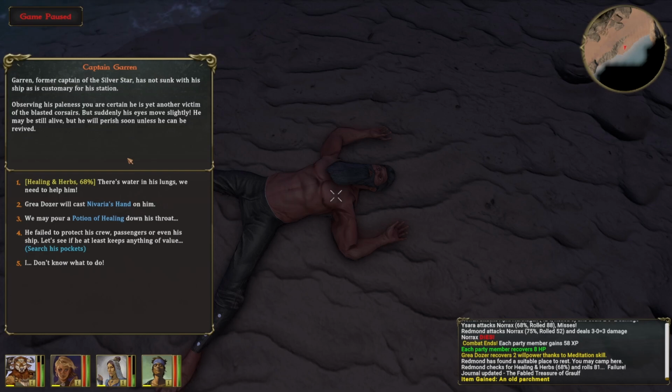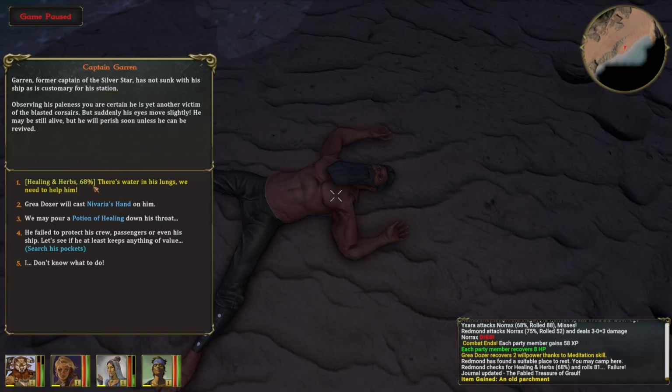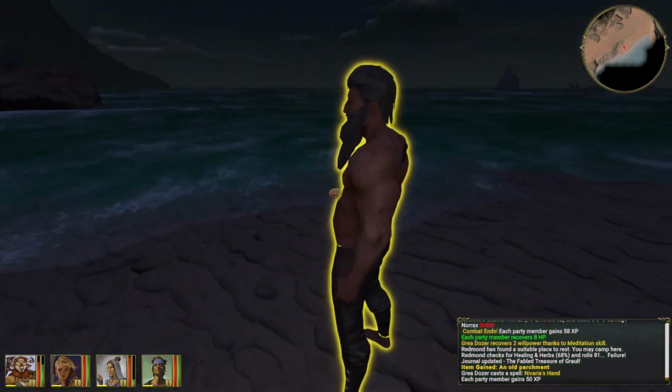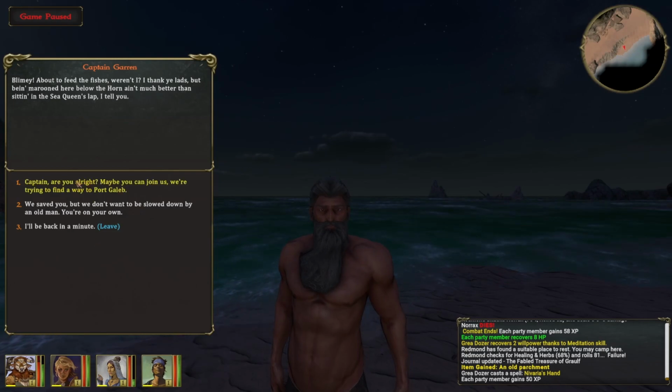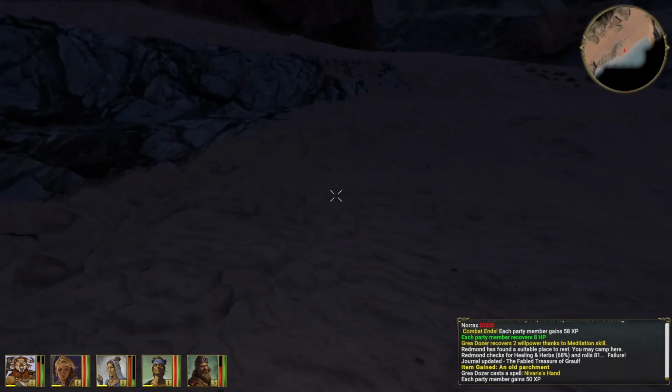So we have definitely a few options on this one. He is still alive, so you can use your healing and herbs, 68% to try to heal him, or we can use her healing spell on him, or we can use the potion healing, or, you know, we can leave him to die and loot his body. So we're going to go ahead and use the healing spell. He gets back up. We'll talk to him, go through the dialogue, ask him to join us, and we now have a 5th party